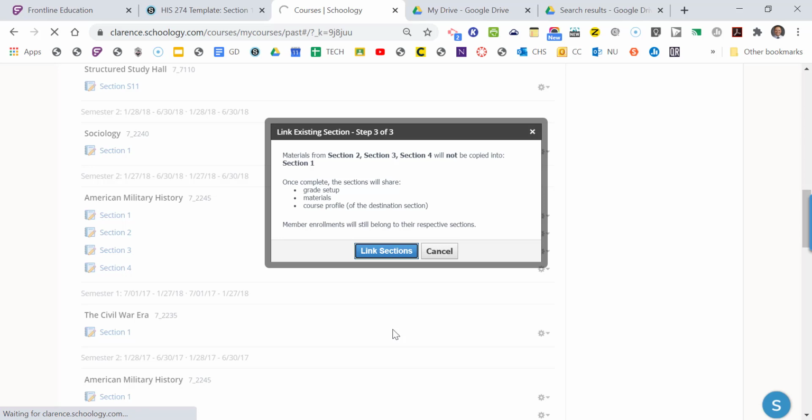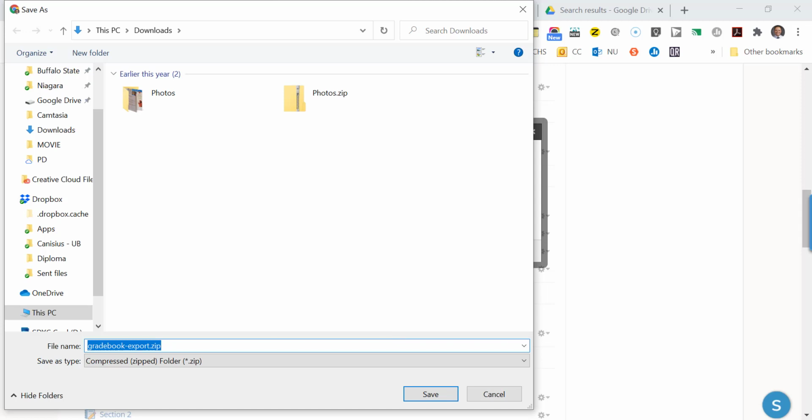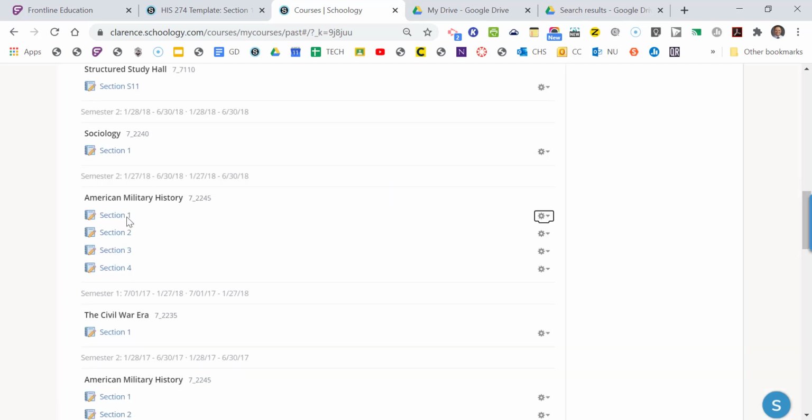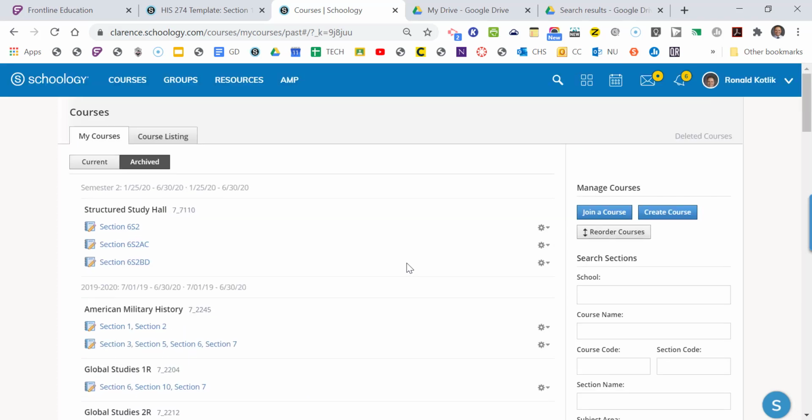If you already started grading and making materials for each of your individual sections, so it downloaded your gradebook for you. You don't want to start doing that after the fact. So at the beginning of the year, if you want to link your sections together, this is the way to actually do that. So if I go to my archive course from last year, you're going to kind of see